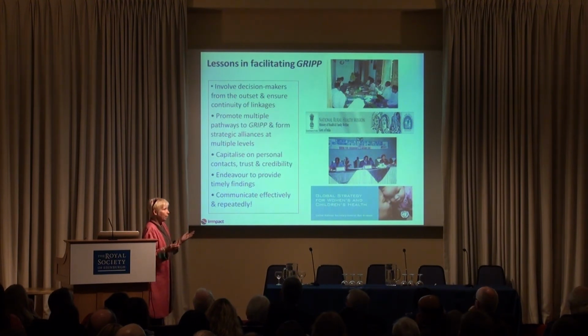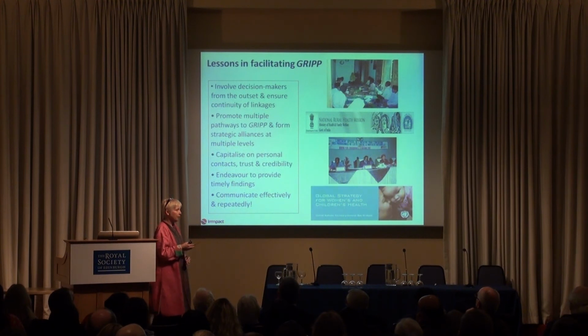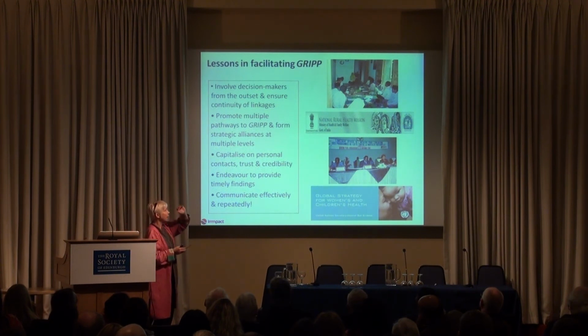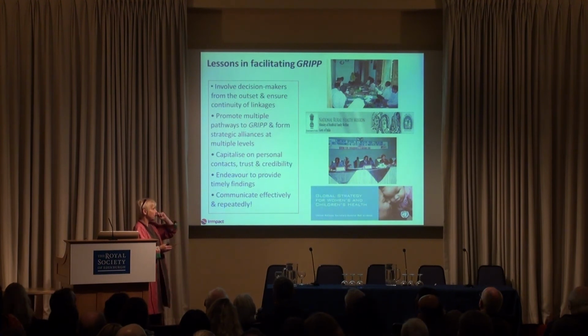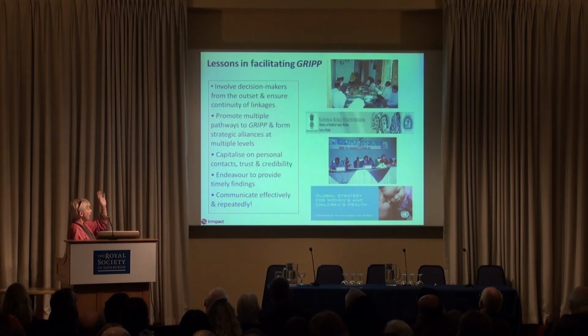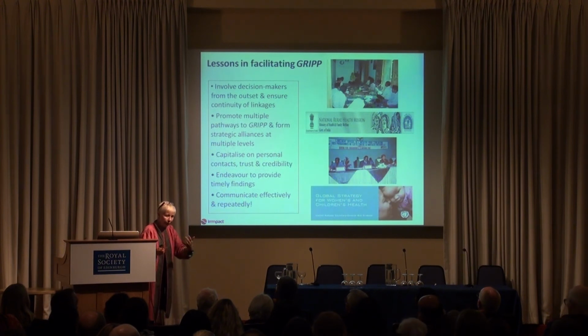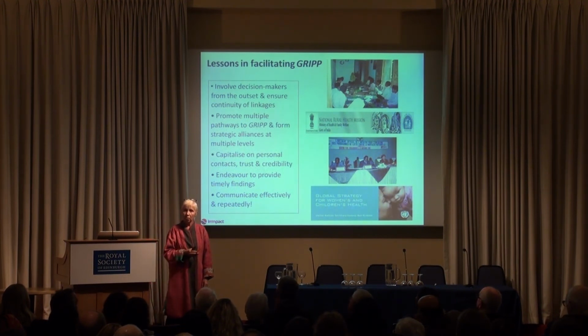And although attribution of impact or an effect in terms of policy and practice is a very hard thing to attribute with certainty, we have a pretty good audit trail of where we've made a difference locally, for example in Indonesia, nationally in India and Burkina Faso, for example, and an influence on the global strategy for women's and children's health. And our lessons are, involve the decision makers on the ground from the outset. Do not go along, and we have this lovely story of a decision maker being asked, why didn't you use my evidence? And the decision maker turned around and says, but you answered a question I didn't ask.